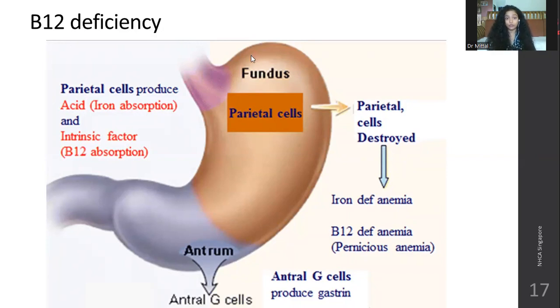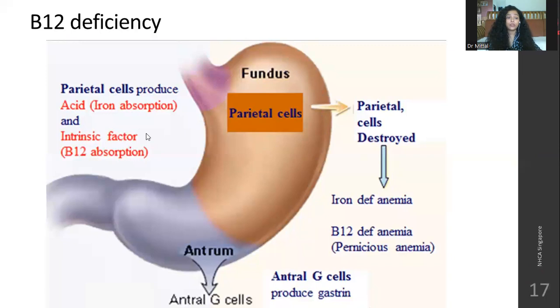So when the parietal cells are destroyed because of stomach ulcers, peptic ulcers, any trauma, any injury, inflammation, acidity, or any surgery that has taken place because of which certain areas of the parietal cells are destroyed, hydrochloric acid is not produced in enough amount, and iron absorption will be reduced. There will be a decrease in iron absorption because there is no acidic environment for the iron to thrive and be